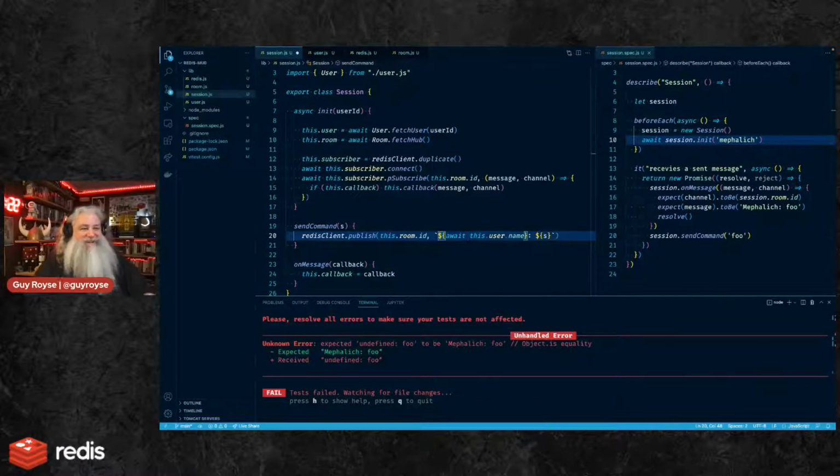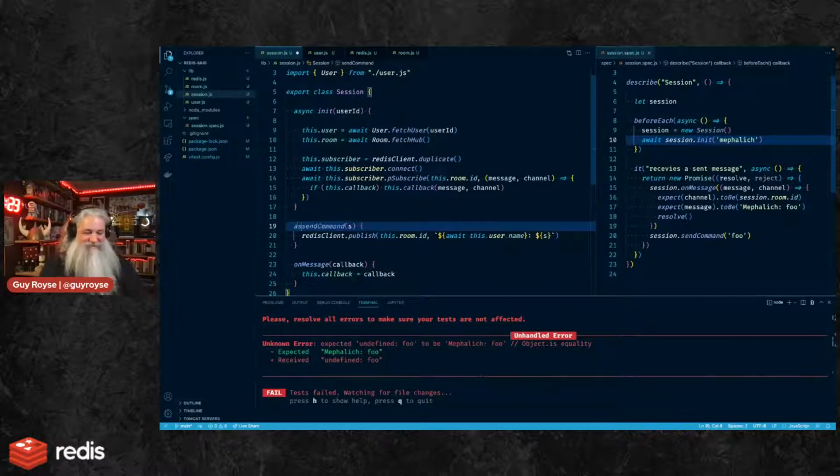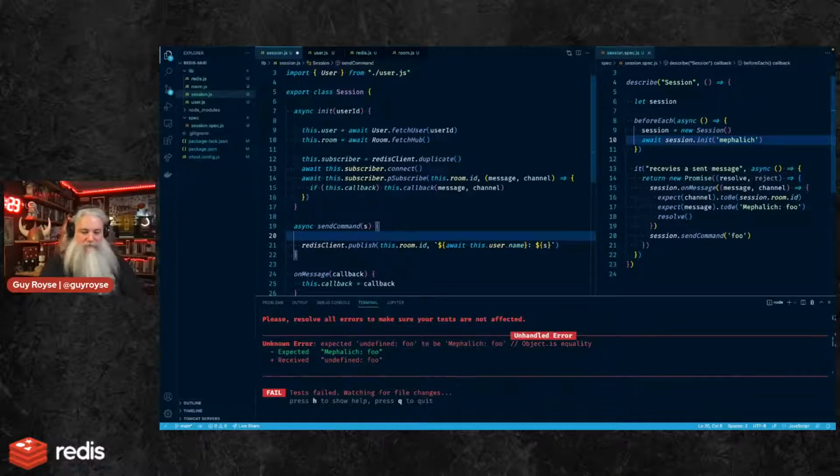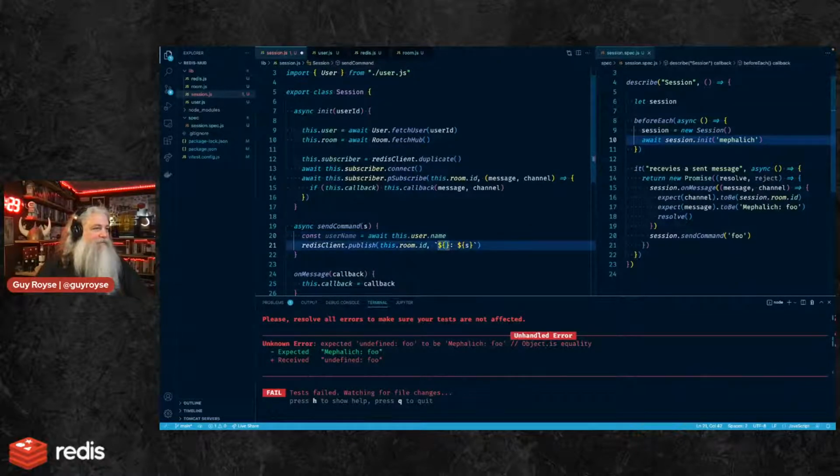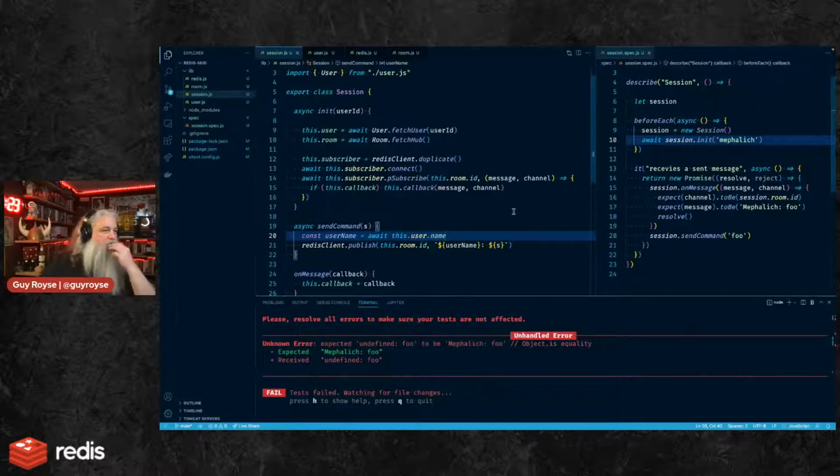I do an await inside of... this is like the worst place to do an await ever. I guess that means that becomes async. I'm saying name equals. I don't want to inline that. That feels particularly egregious. And then still not working. What am I doing wrong here?